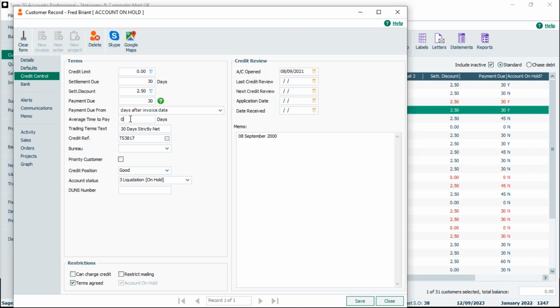And next is the trading terms. These are the terms that you've agreed with your customer, and this is something that can be pulled through onto your invoice. As you can see here, we've got 30 days strictly net. That might be different for other customers, but you can use Report Designer to pull that information through onto